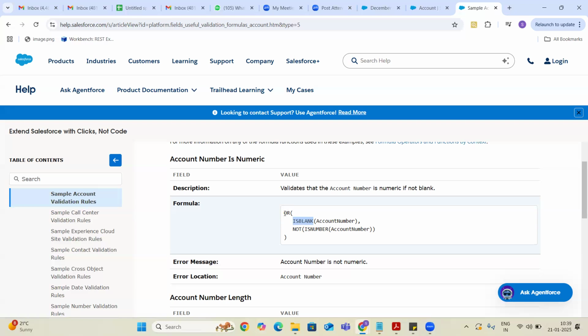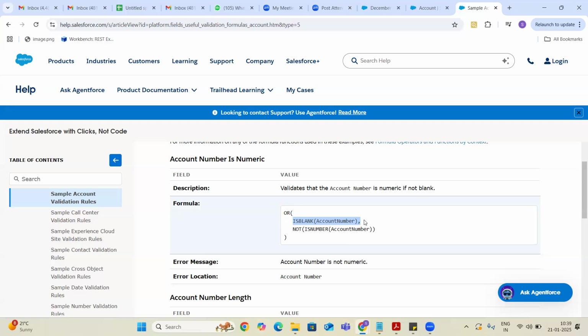That's the reason for the OR condition. Any one of these conditions is satisfied, then display an error message. The account number should be numeric, which means they have to provide some numeric value. If they don't give any number, how can we check that? We can use is blank. Using the is blank function, we can check whether the given number is blank or not. Blank is nothing but they haven't filled anything.